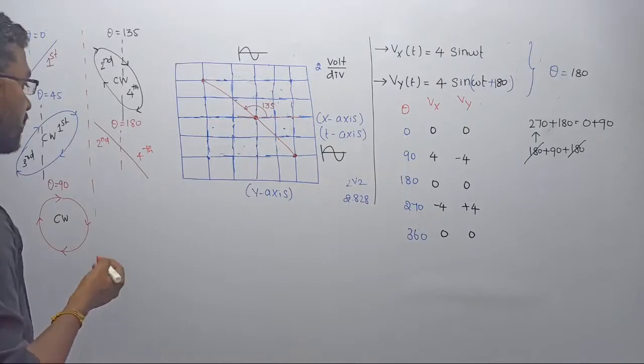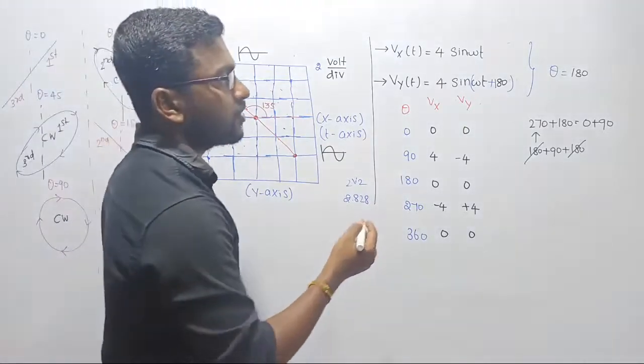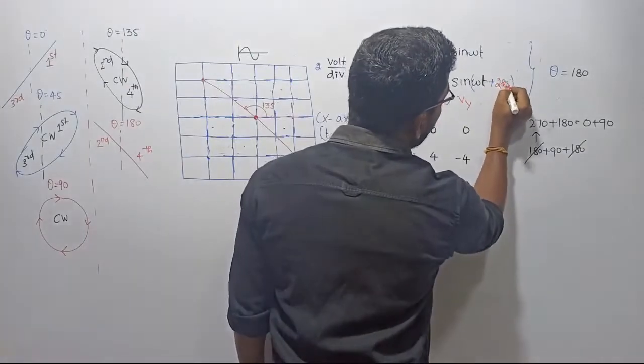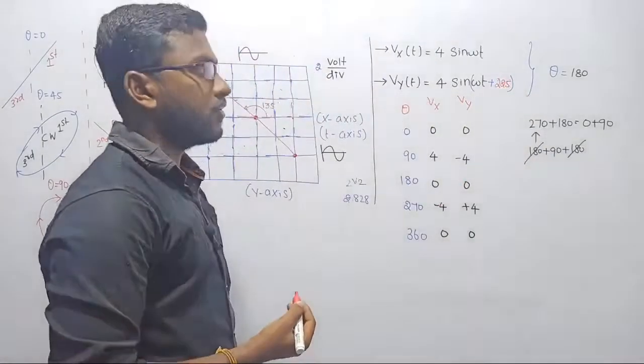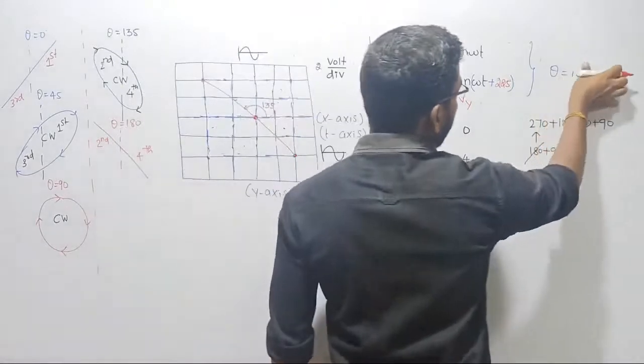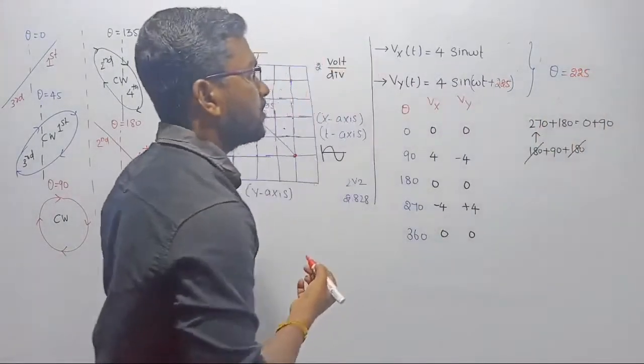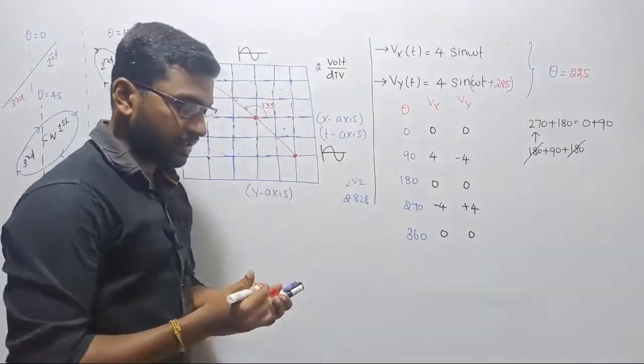Still I am not completed yet. Let us increase the value. Let us go ahead with 225, right? So our next target is, suppose the phase angle displacement between the waveforms is 225, then what type of pattern will be displayed on the screen of the CRO, right? Let us see.